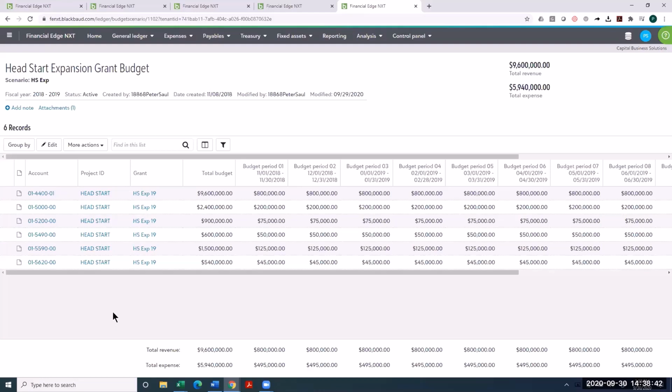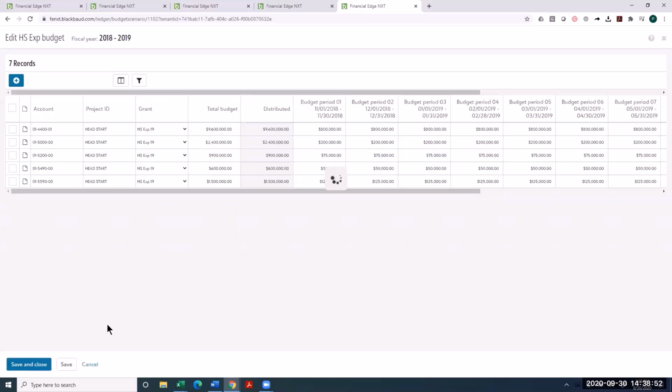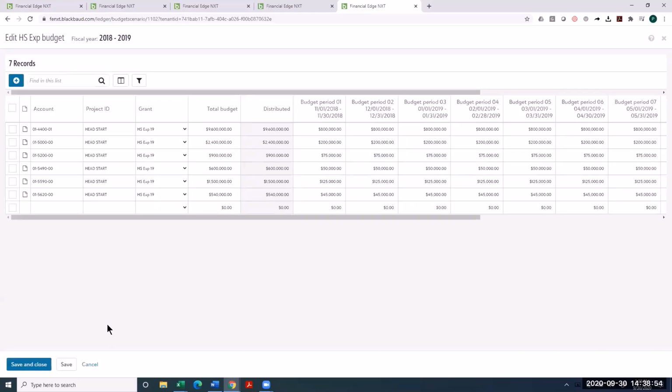And again, we mentioned that you may or may not use both project and grant, but the budgeting capability is there for both. If I choose edit, I can come in here and make adjustments to the budget. I've already preloaded this budget. I can add additional rows if there are new accounts I need to budget for. And you can see here that I can come in and change specific amounts. So as I come in and change an amount,